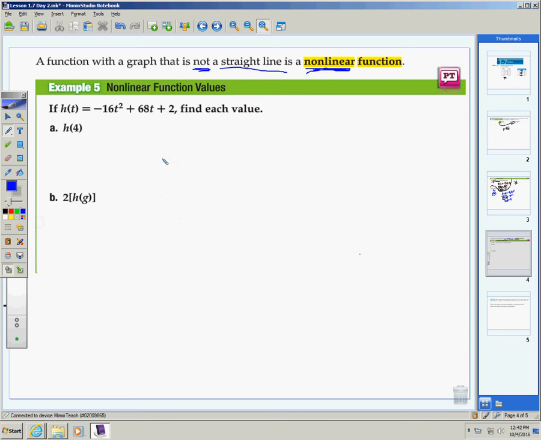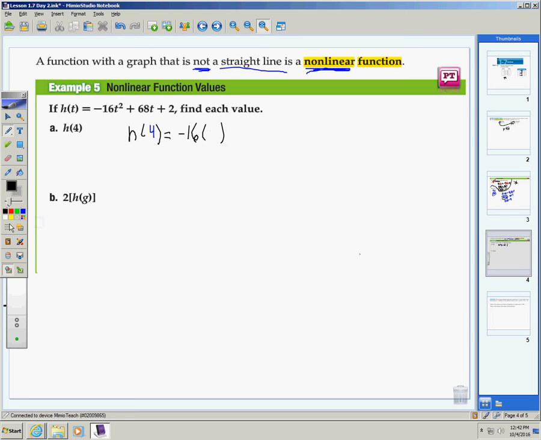So now what I'm going to do is find h of 4. And the way we do this is the exact same way we did in the previous example. H of 4, to do that, I'm simply going to replace my x, or my t, h of t is now h of 4. So I'm going to replace all my t's with the 4. So now I get negative 16